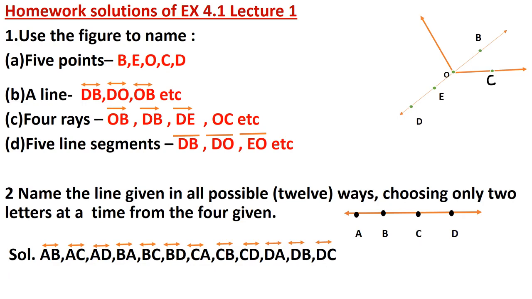Now see adjacent vertices. Adjacent vertices are the endpoints of the same side of the polygon. Take any one side. Let it be AB. AB is one side. What are the endpoints of this? A and B. So these A and B are adjacent vertices. Isn't it easy? Now take one more side. I am taking DE. What are the two endpoints of DE? D and E. So D and E are adjacent vertices.